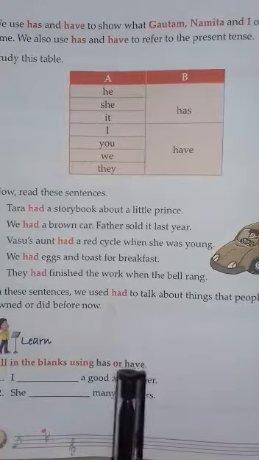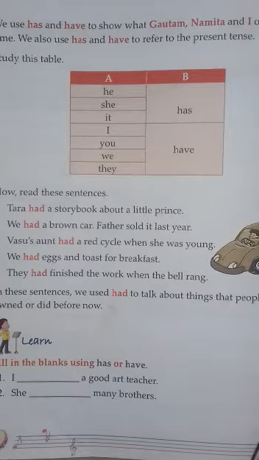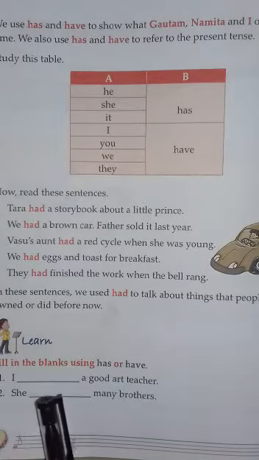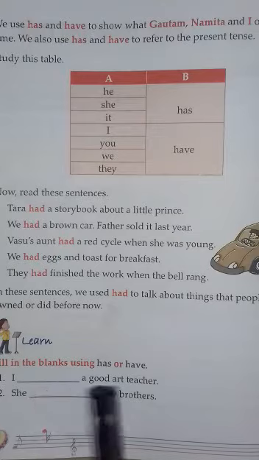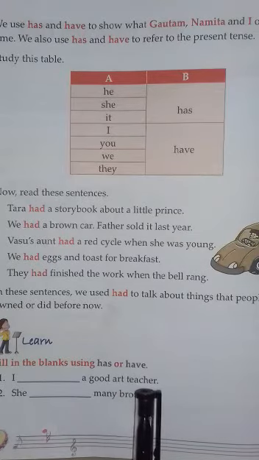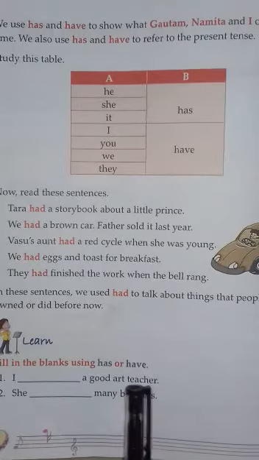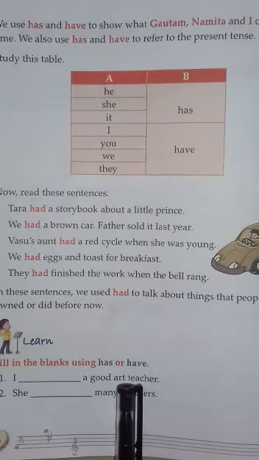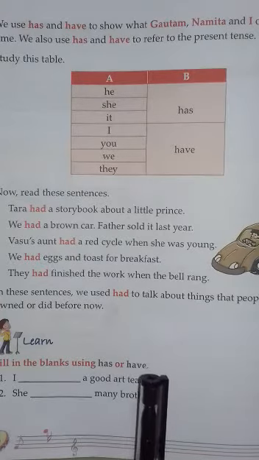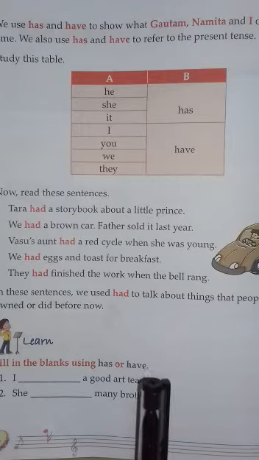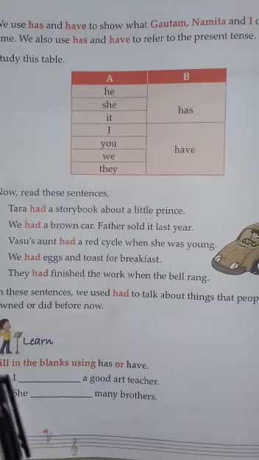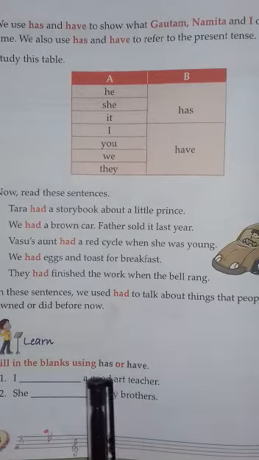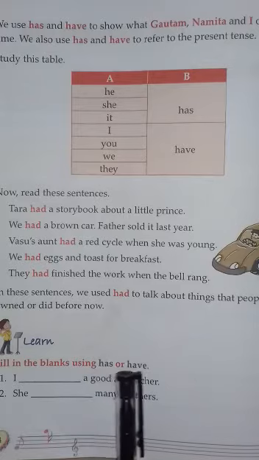So this lesson is about placing has, have and had correctly. Here you have some exercises. What will you do? You have to read each sentence very carefully and understand the time also. If the sentence tells you about the past, then you will use had. If the sentence tells you about the present, then you will use has or have. Fill in the blanks using has or have. Here only two options are given, and you have to choose between them.